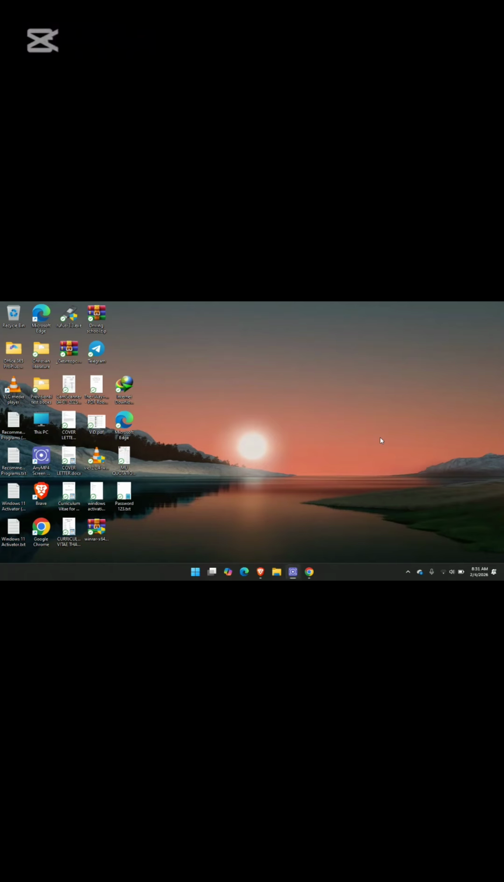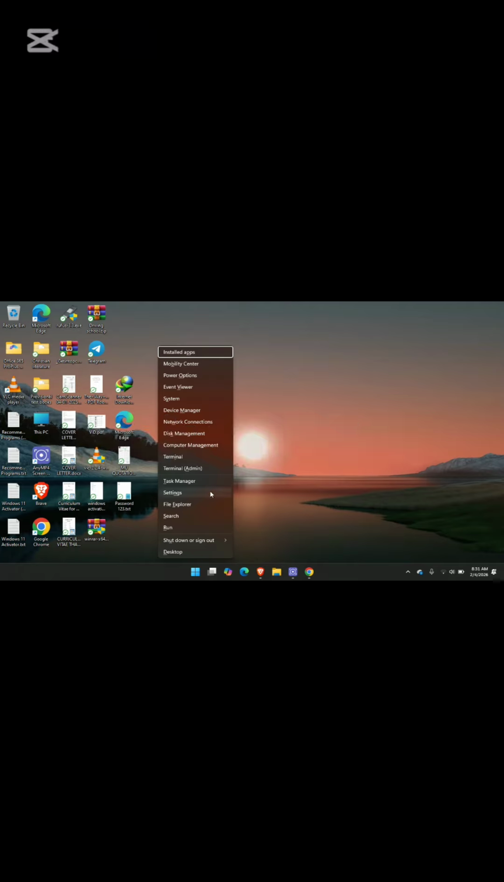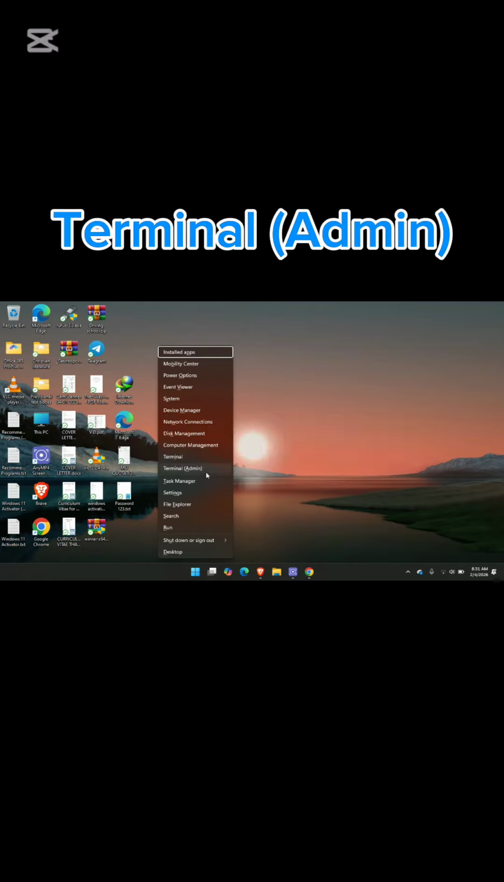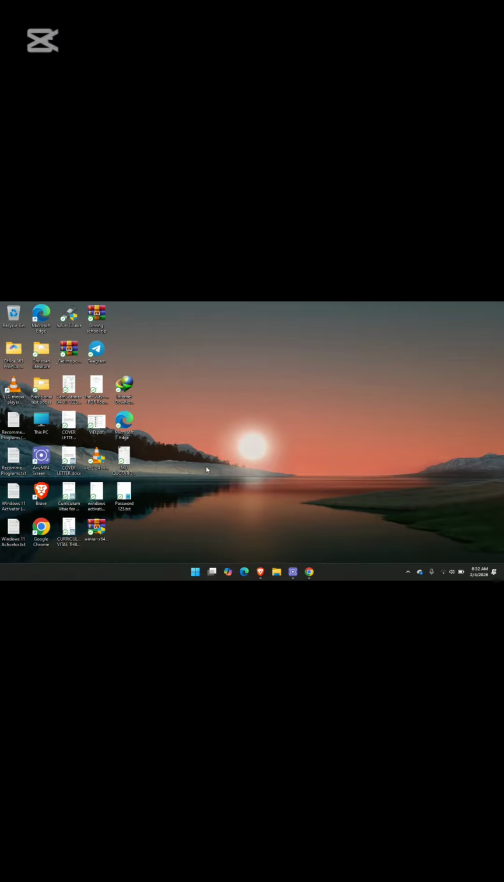So to check your PC battery health, you hit Windows plus X and then you go to Terminal (Admin), or sometimes if it's Windows 10 it'll be Windows PowerShell (Admin). That's what you're gonna click. Then we say yes,